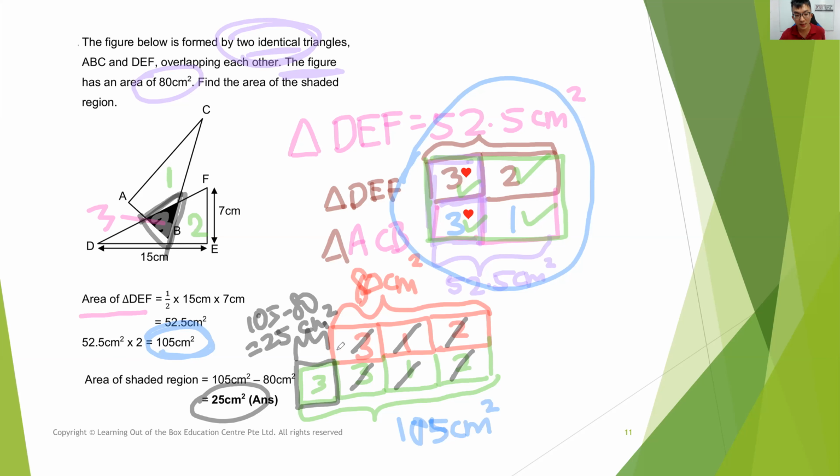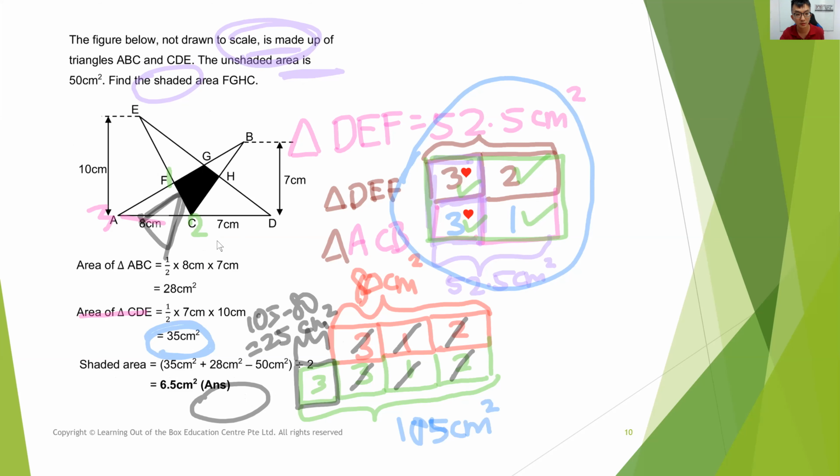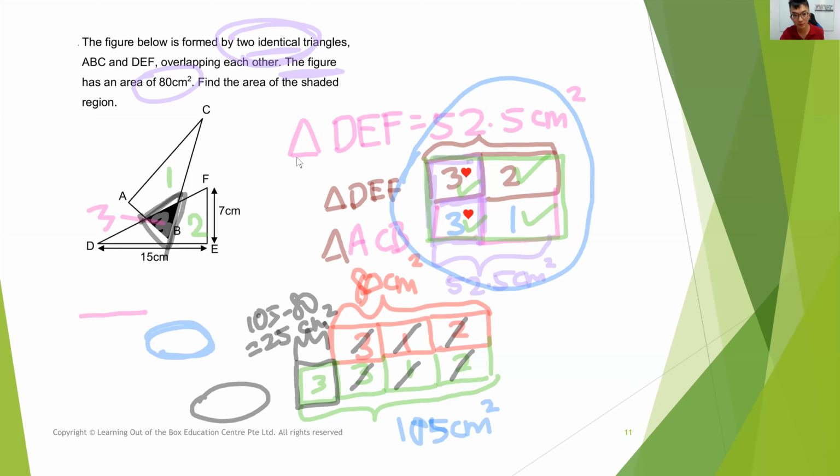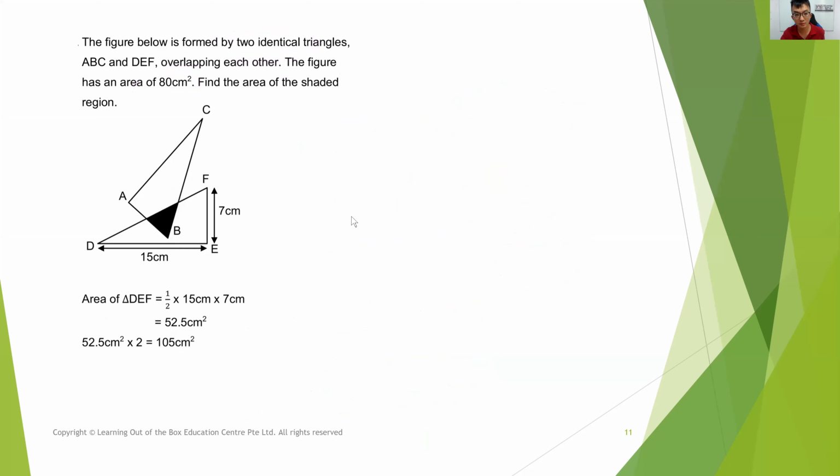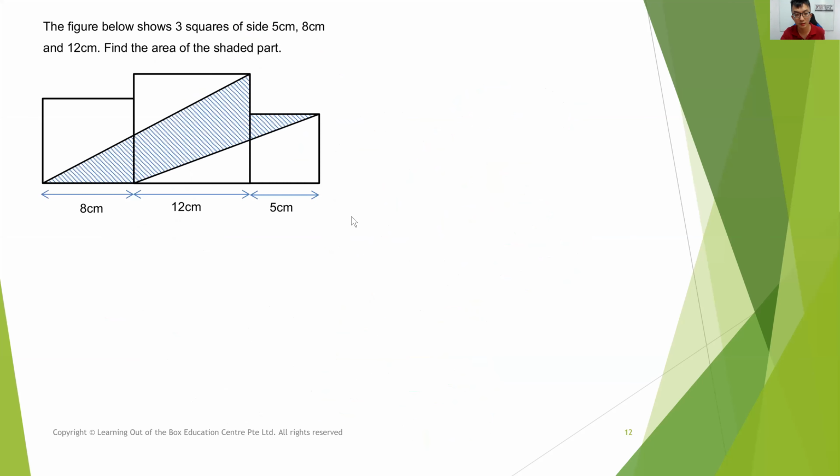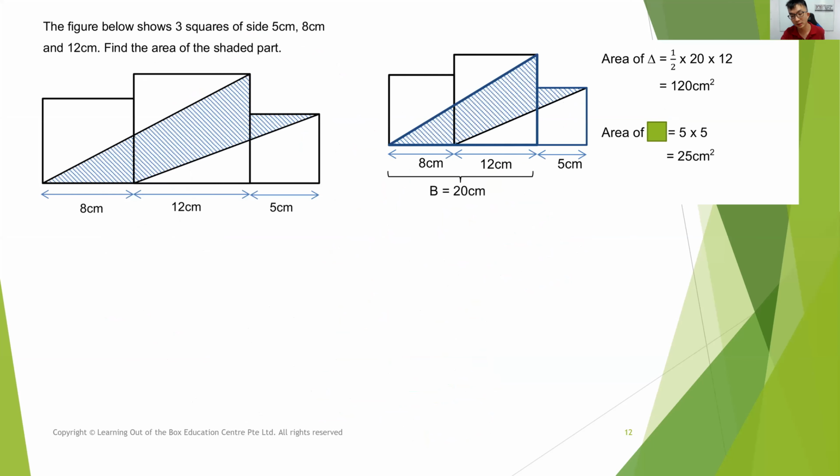Anyway, I'll put this as a replay inside the Facebook group, so you can watch it. This is so important. It means that these 2 questions are very similar and yet they are different. Okay. One more to go. This one, I think if you can do the first 2,